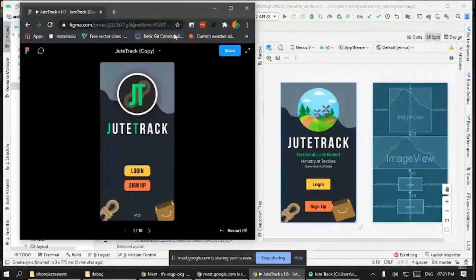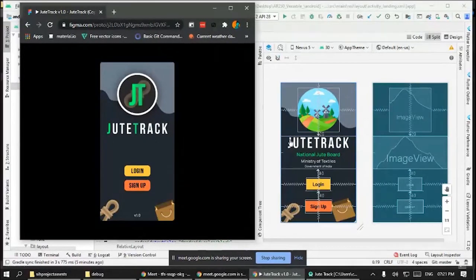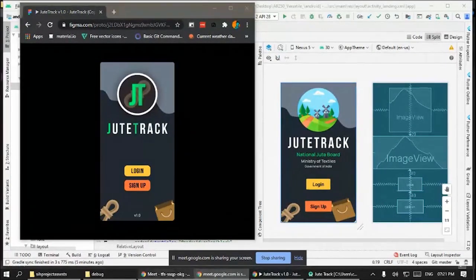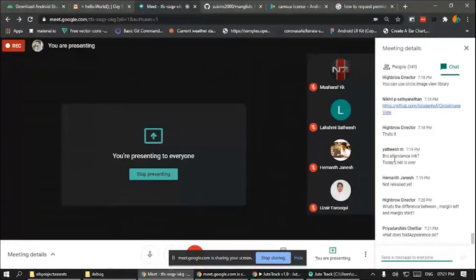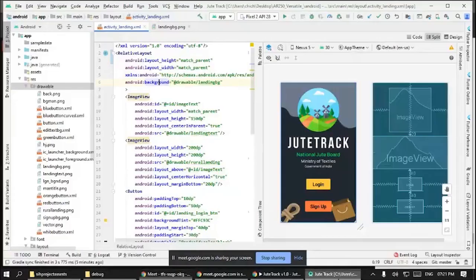No, it doesn't look exactly the same, but maybe it's not beautiful, but it got my job done. And I did get some applause. That's how you replicate a design in Figma to Android XML.